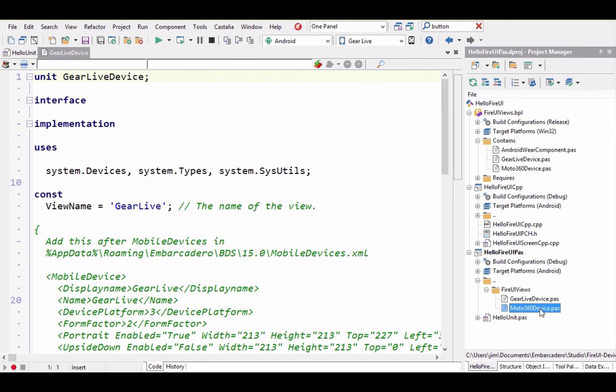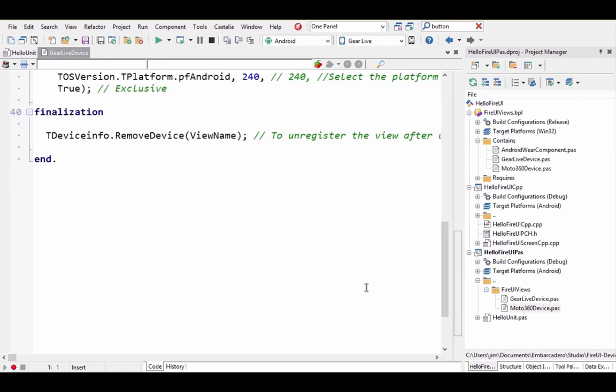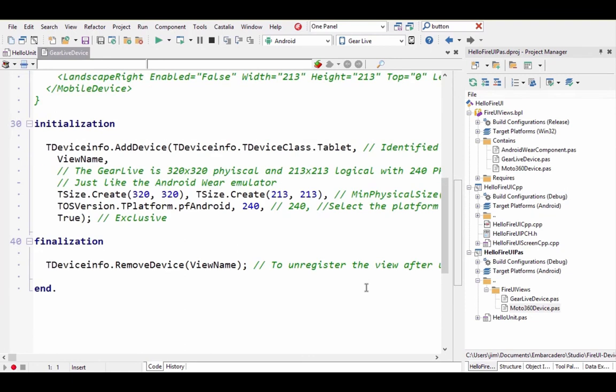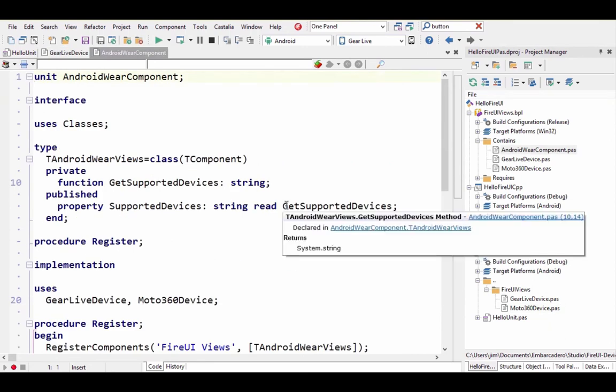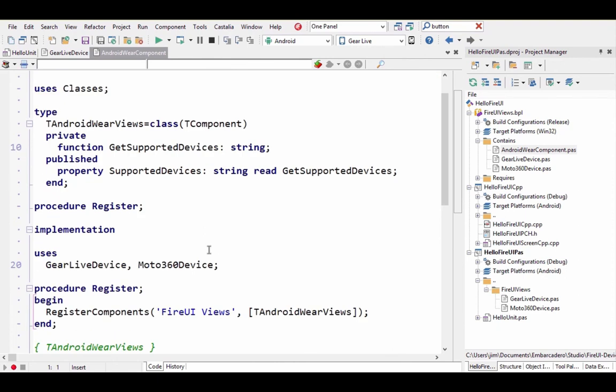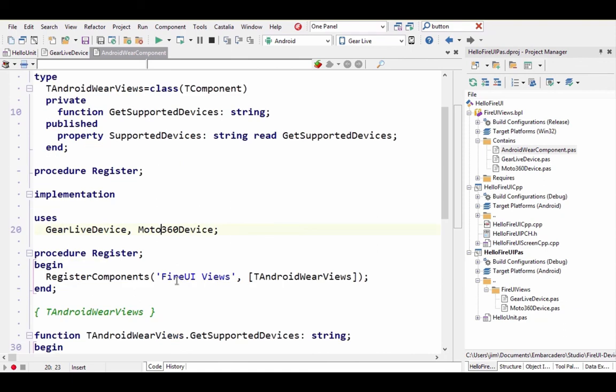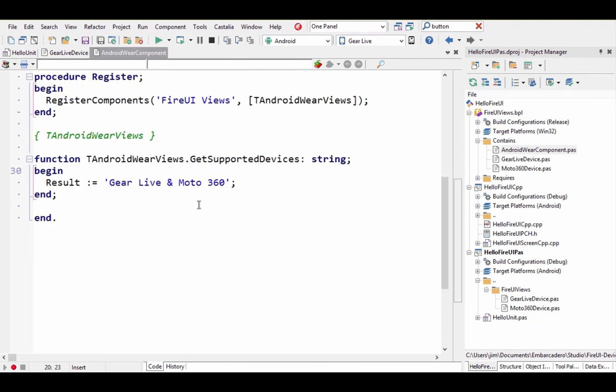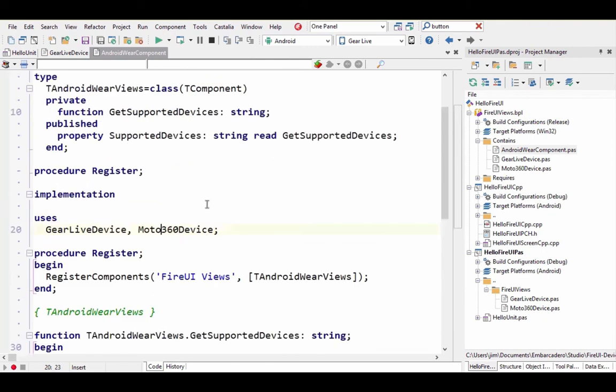So if it doesn't have the definition of this device, then it can't know to select that view. So hopefully that makes sense. A trick I found is that if you create a component, here I've created a component just called Android Wear Views, and all this component does is use these two units. Then I have a property that just publishes, it says, hey, I support the Gear Live and the Moto 360. Probably a more elegant way to do that, but the main thing is all this component does is